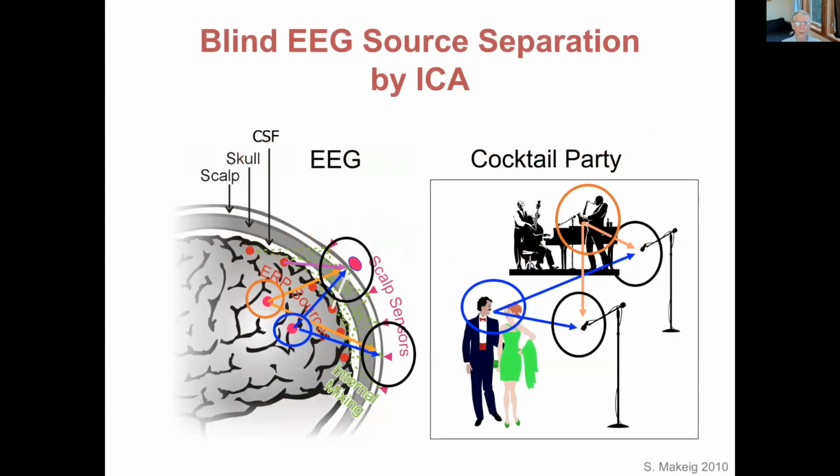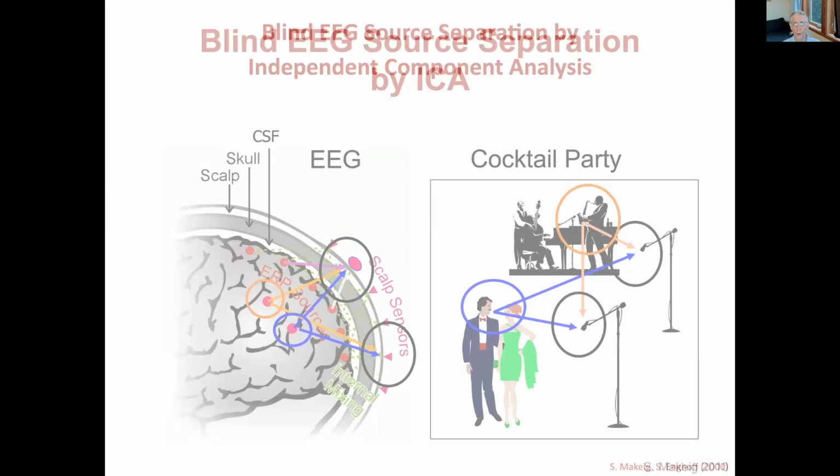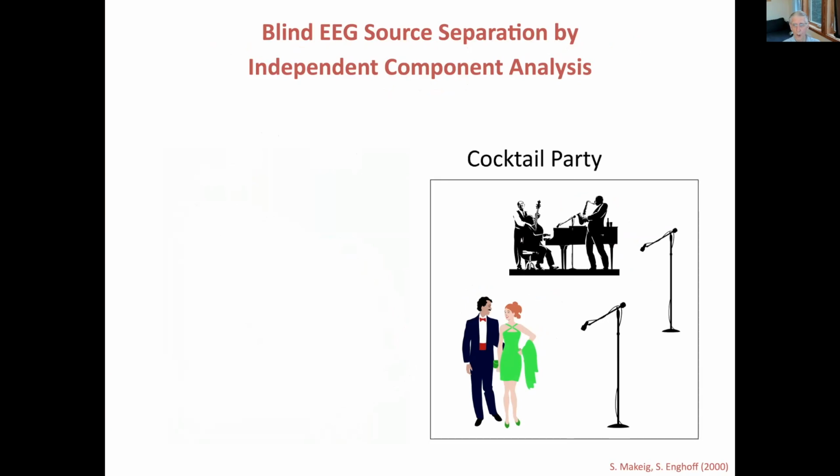Okay, so now we talk about information-based signal processing, and this was a topic that came to me, and I was fortunate to be involved in 25 years ago now. The question was, if you have a cocktail party, there are sound sources in the room. Here's a saxophone and a man talking or singing. And here are some microphones, and each of them is recording cocktail party noise.